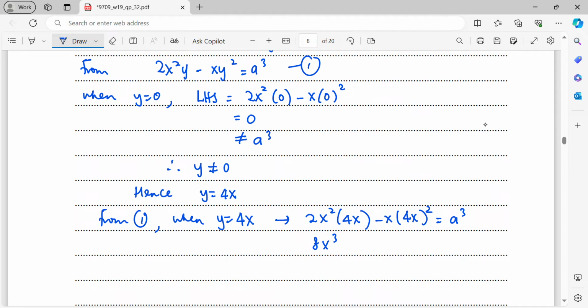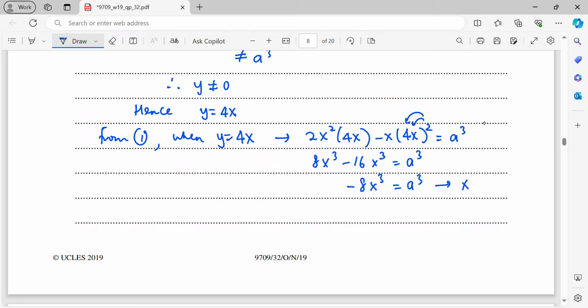Then for the second term, bring in the square to the whole term. So I will get 4 squared is 16. So minus 16, x times x squared is x cubed. Then from here, I will get minus 8x cubed equals a cubed. So now my x cubed will be minus 1 over 8 a cubed. When you take the cube root of both sides, x equals minus 1 over 2a. So from here, I get 1 y with 1 x. Therefore, you just write here, hence only one point